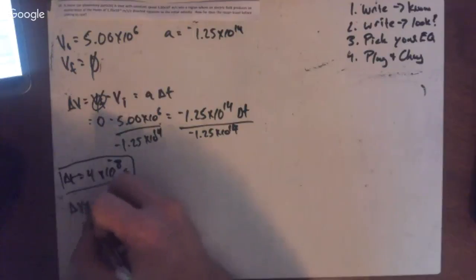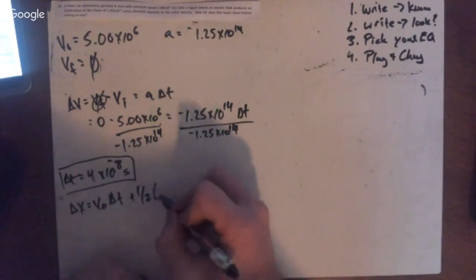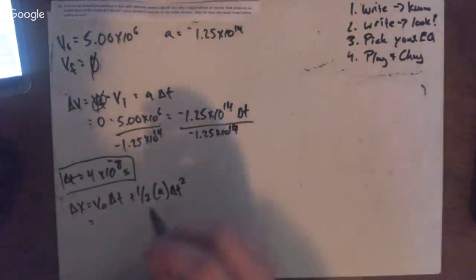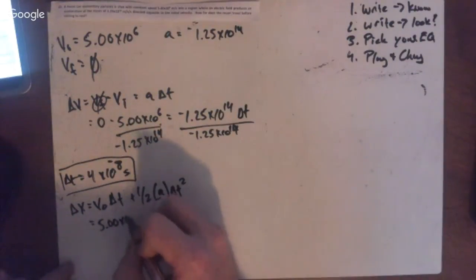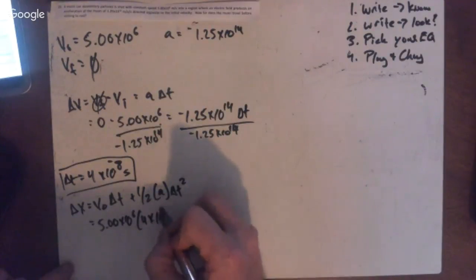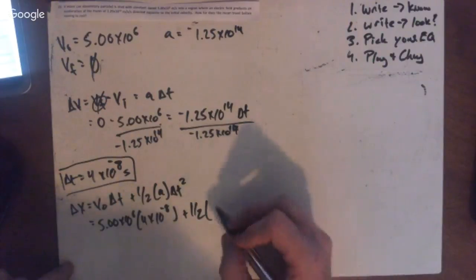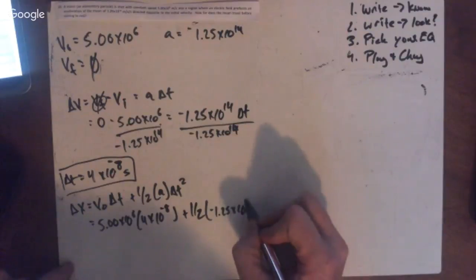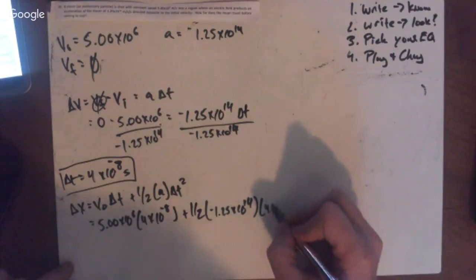Now our delta x is v0 times our time plus 1/2 acceleration delta t squared. Okay, so this one's pretty easy to write. 5.0 times 10 to the 6 times 4.0 times 10 to the negative 8 plus 1/2 times negative 1.25 times 10 to the 14 times 4